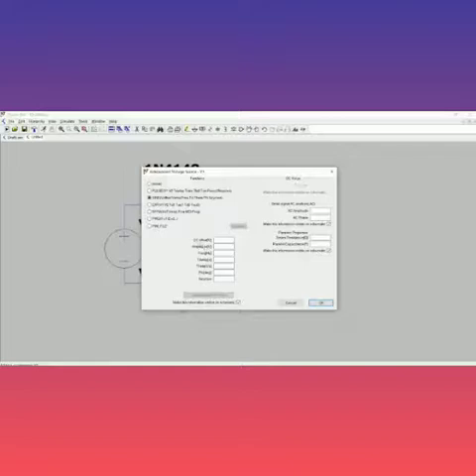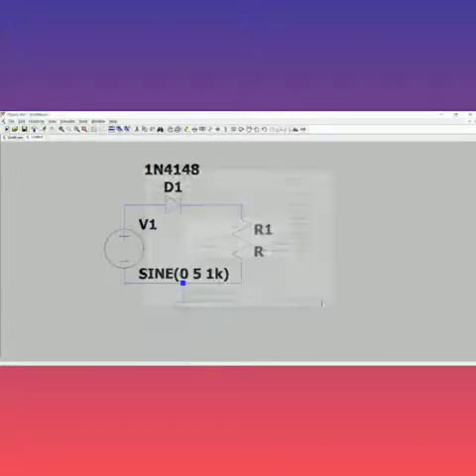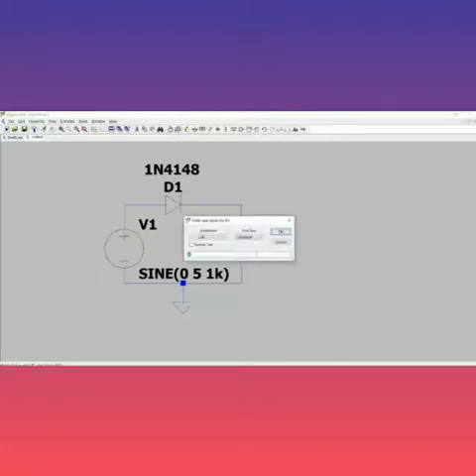Since DC offset is not there here, I'm going to give 0. And amplitude I'm giving 5. Amplitude is nothing but the height of the sine wave. I hope everyone knows that. And for frequency, I'm just giving 1K. It will be considered in hertz. Now just give OK. You can see it is being named. And now the resistor value I'm giving 10K. Go there, right click, put 10K and give OK. So I finished naming the components.